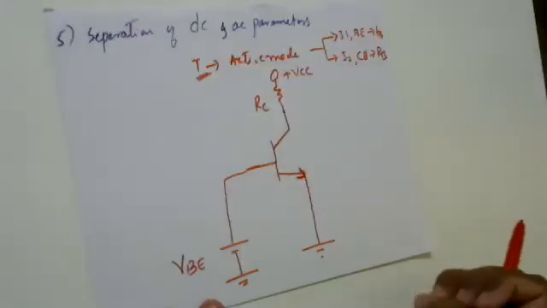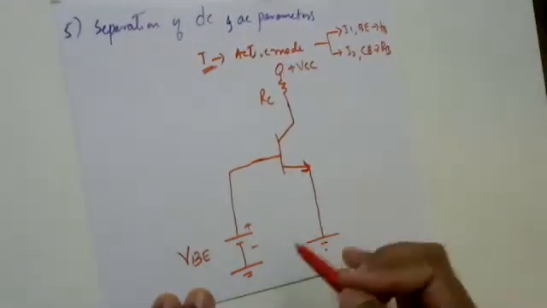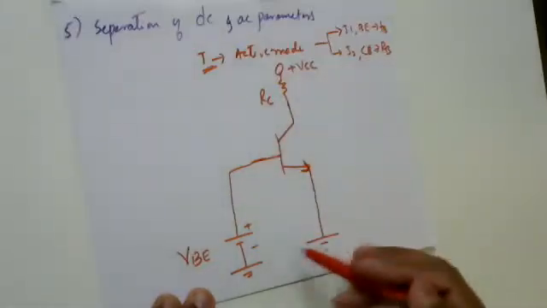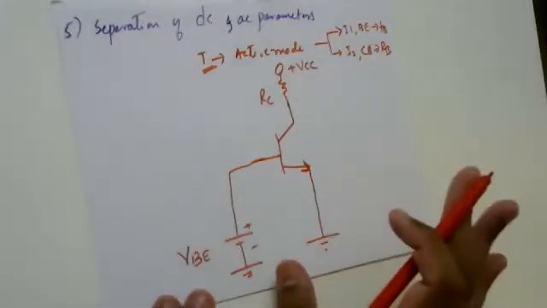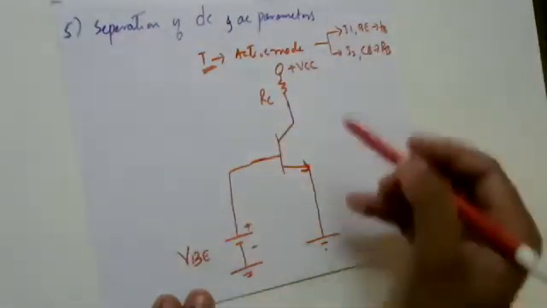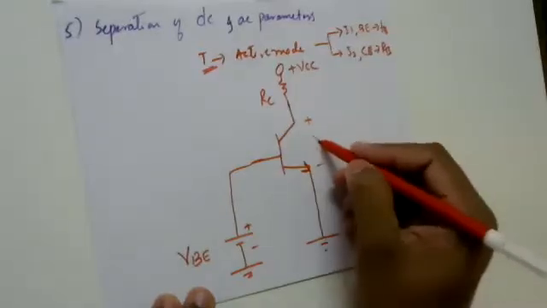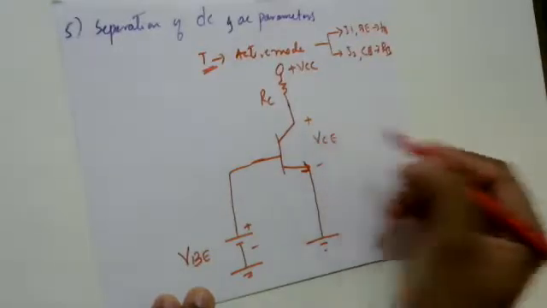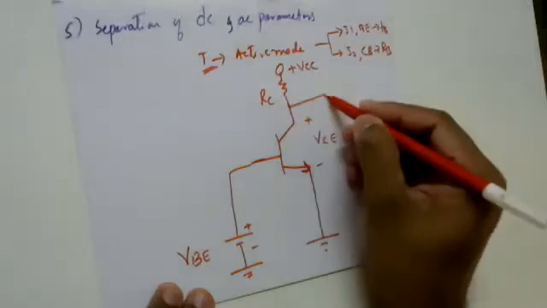Is it clear? So I can simply say over here, this is my positive, this is my negative. So this is my DC circuit. It's a pure DC circuit, so I don't have any AC component. If you see, it's a capital VB, and the voltage drop that occurs between collector and emitter, positive to negative, is VCE.